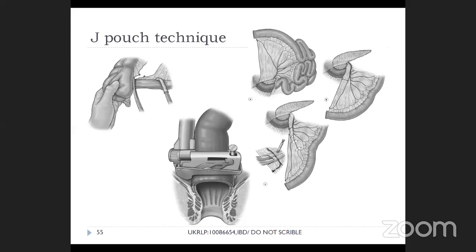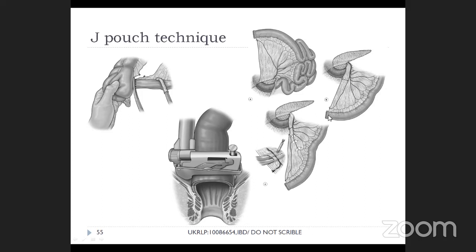So the procedure involves transecting the ileum at the level of the ileocecal junction, or 10 centimeters proximal to the ileocecal junction, and trying to reflect the mesentery up to the duodenum, and transecting the ileocecal artery at the level of its origin from the superior mesenteric artery, so that the length of the mesentery can be obtained.